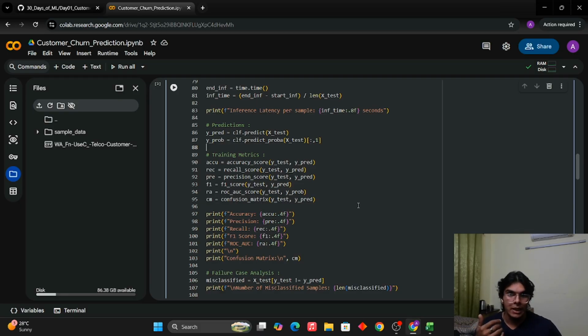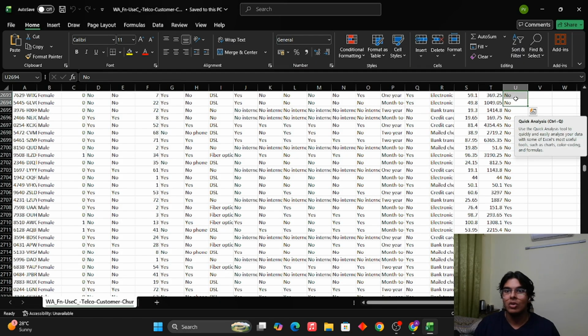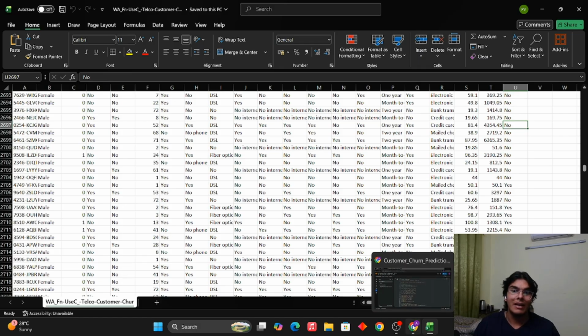So you should start calling them up and offering them some deal or some discount so that they don't churn, so that the company doesn't face the losses and that business profit is maximized, right? Now, let's say the churn data set has 80% as churners and 20% as non-churners. What do I mean? I mean these values: no, no, no, no, no, yes values. So I have 80% of no values and 20% of yes values.